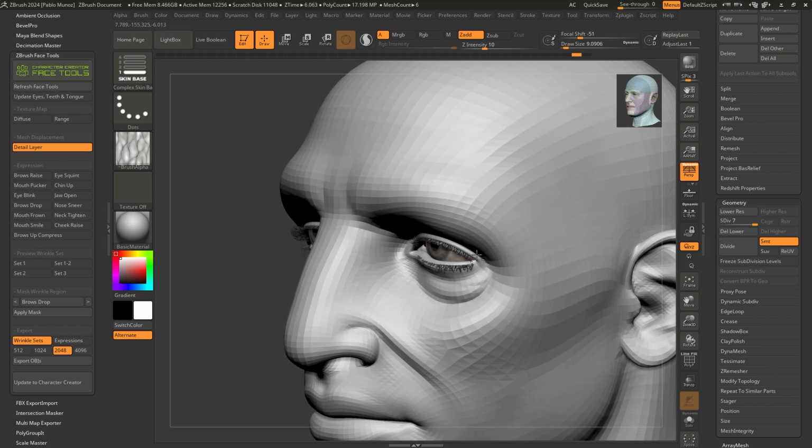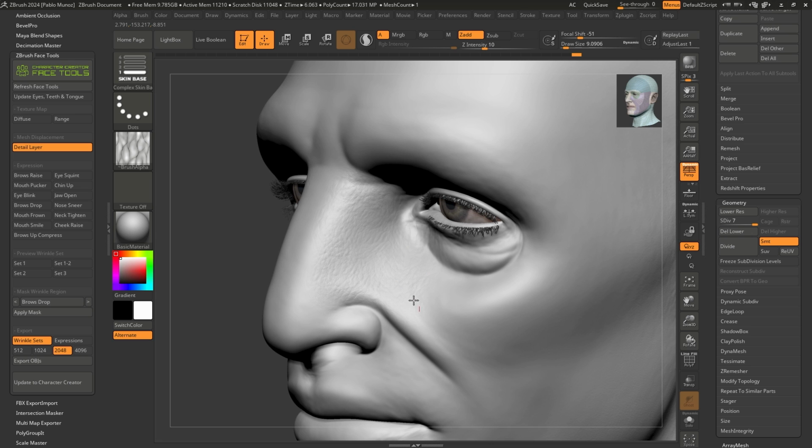There we go. So now I'm just going to concentrate on one area, and you see it's not going to add those details everywhere in the model. The reason I left that wrap mode on is because you can use these brushes to create custom alphas that are tileable, and that's the wrap mode that you need for that sort of thing.